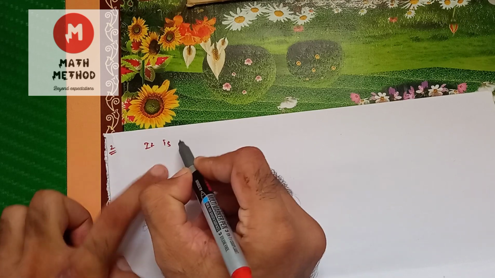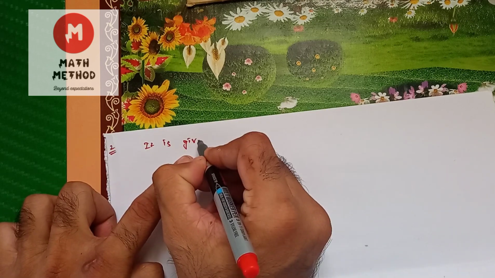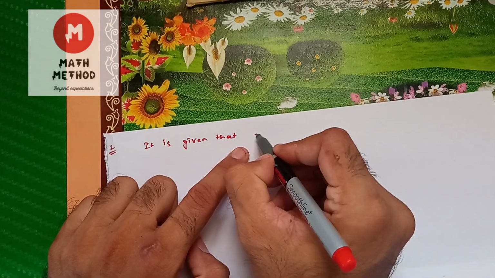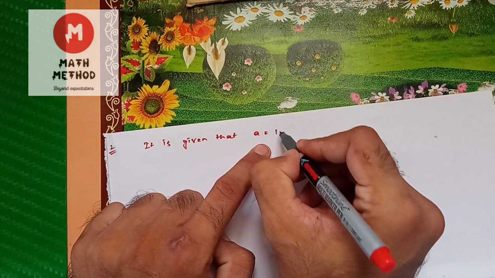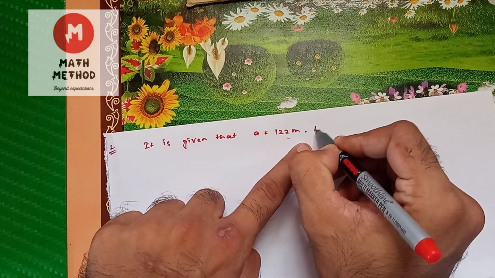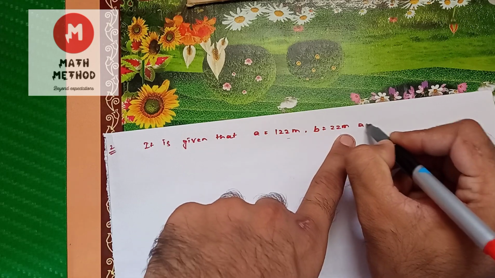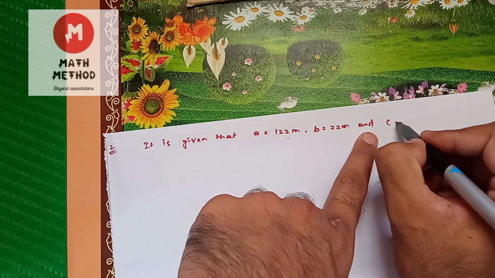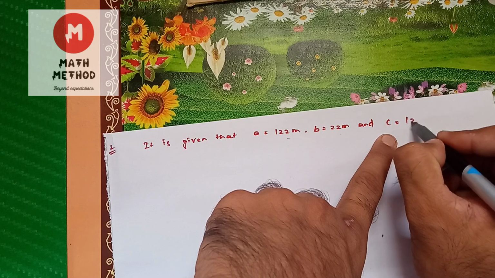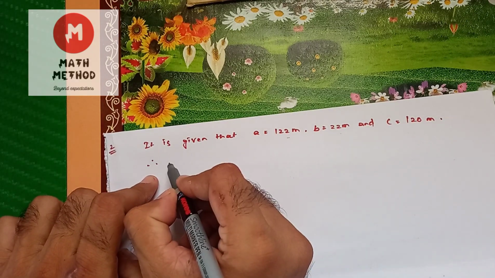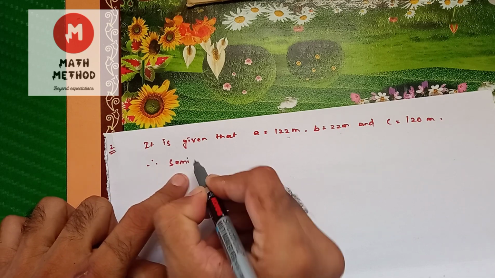It is given that A is equal to 122 meters, B is equal to 22 meters and C is equal to 120 meters. Now here the semi perimeter, that is S